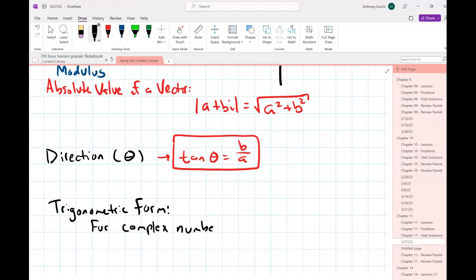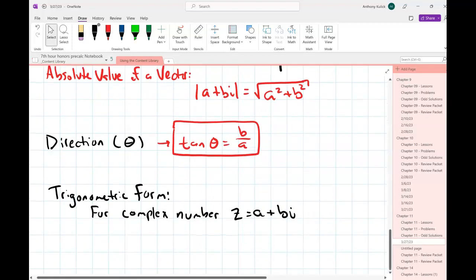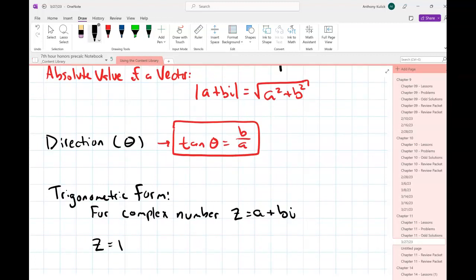So for some complex number, and canonically, we use z as our variable when describing a complex number, so just some a plus bi, we say that the trigonometric form for that complex number is r times the quantity cosine theta plus i sine theta,